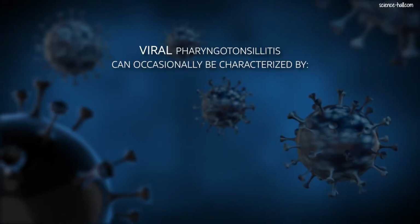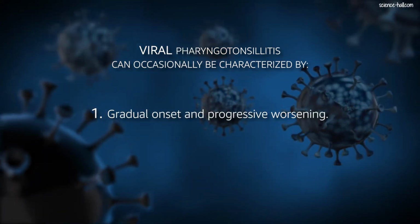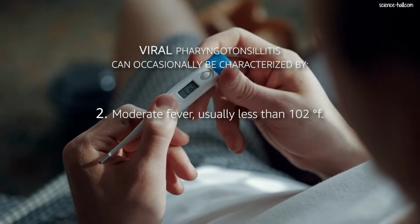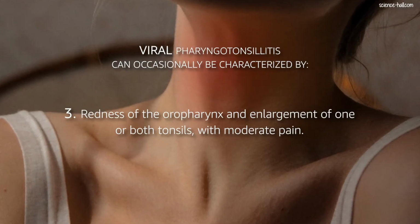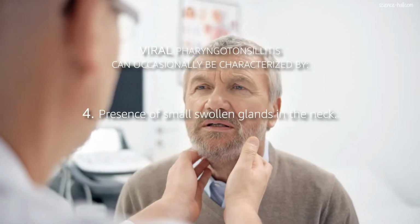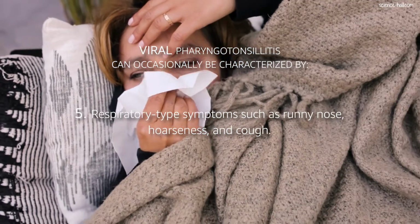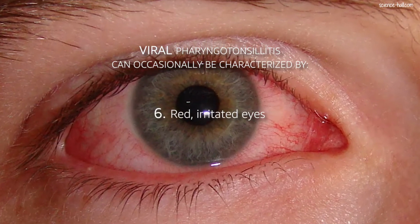However, viral pharyngotonsillitis can occasionally be characterized by gradual onset and progressive worsening, moderate fever, usually less than 102 Fahrenheit degrees, redness of the oropharynx and enlargement of one or both tonsils with moderate pain, presence of small swollen glands in the neck, respiratory type symptoms such as runny nose, hoarseness, and cough, red irritated eyes, and little affectation to